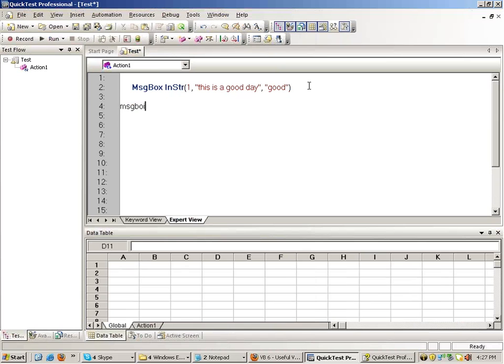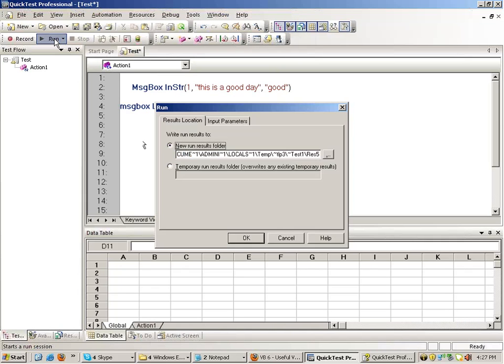If I write MsgBox Left("this is a good day", 4), this will cut off 4 characters from the left side.